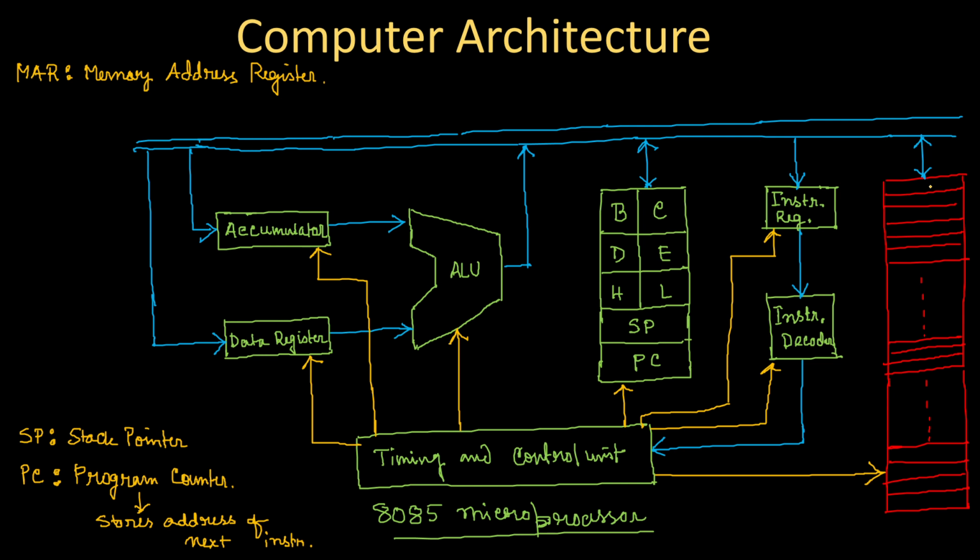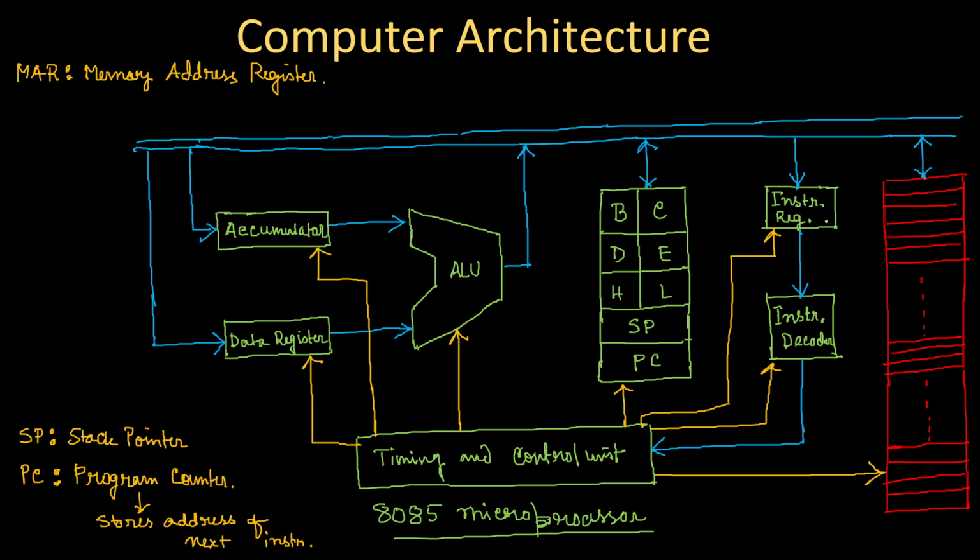Now after a short time, maybe in the next clock cycle, the read input of the instruction register should be activated, so that whatever is present on the common data line is stored in the instruction register for the time being. And this is actually the part of fetching the instruction from the memory to the processing unit.